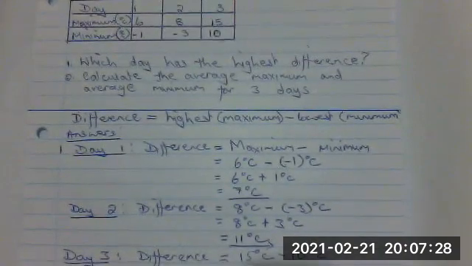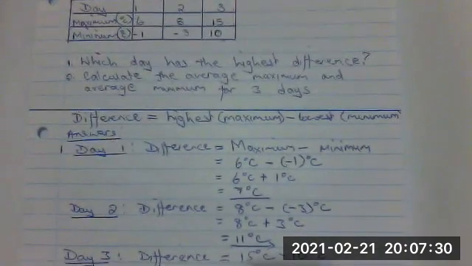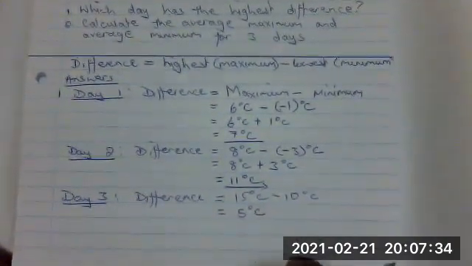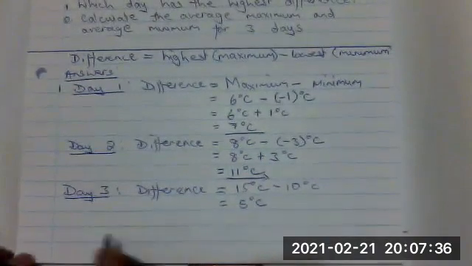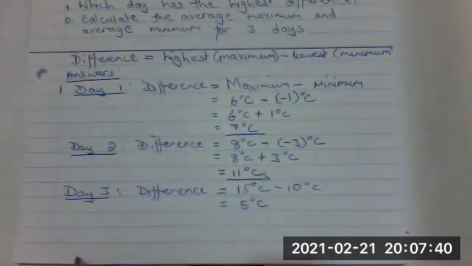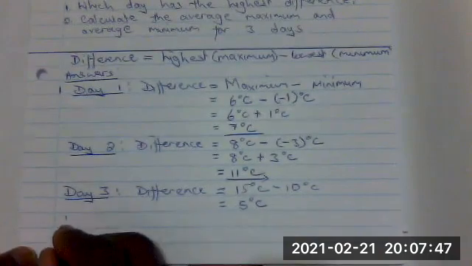So, according to the question, which day has the highest difference? In this case, according to day 1, the difference is 7. Then day 2, it's 11 degrees Celsius. Day 3, it's 5 degrees Celsius. So therefore,